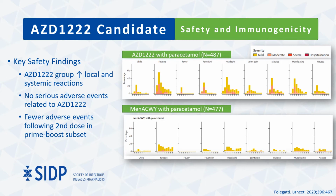Local and systemic reactions were highest one day after vaccination. Other common systemic reactions reported were muscle ache, malaise, chills, and fever. In the group of prime boost participants, systemic and local reactions appeared to be lower following the second dose. Given the small number of participants in this group, it is difficult to decide if this profile will continue with